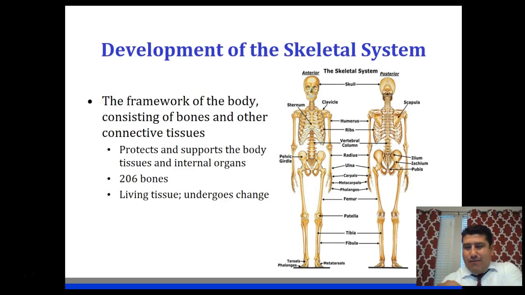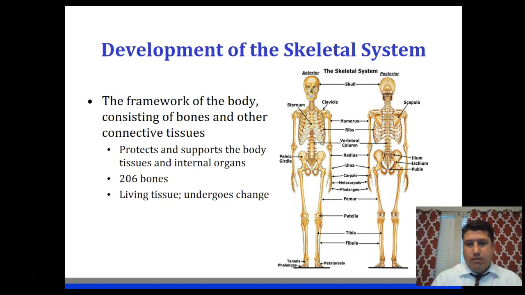All right, so we'll start off with the development of the skeletal system. This is obviously the framework of the body, and it helps us to protect our body, but it's also responsible for anchoring our functional system. In order for us to move, our muscles, which are responsible for movement, whenever they contract, they have to be able to pull against the anchors of the body, and that's pretty much what the framework of the skeletal system does.